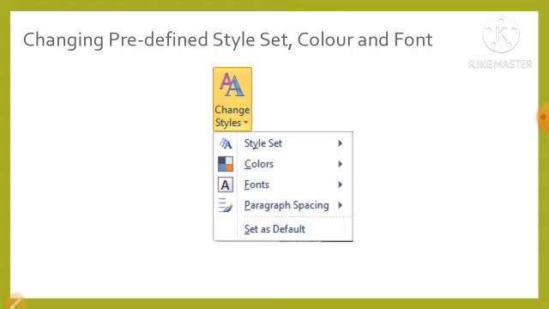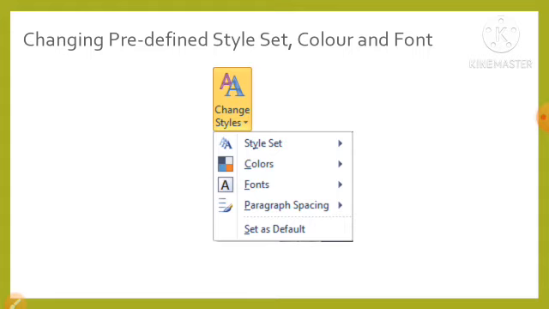Now we'll learn how to change the predefined style set, color and font. To change the predefined style set, color and font of a paragraph or text, we need to first select it and then click the Change Styles button under the Styles group of the Home tab. As we click the Change Styles button, a drop down list appears. The drop down list contains several options as shown in the figure.